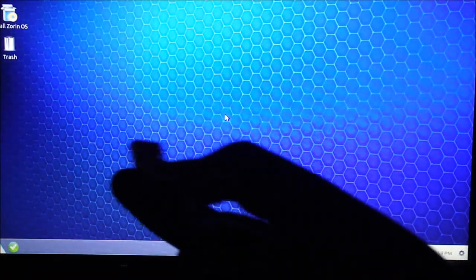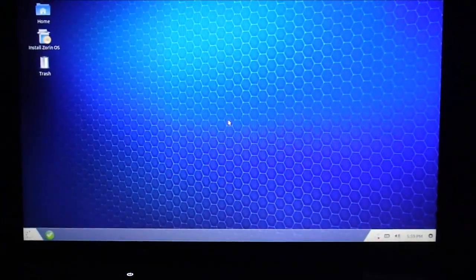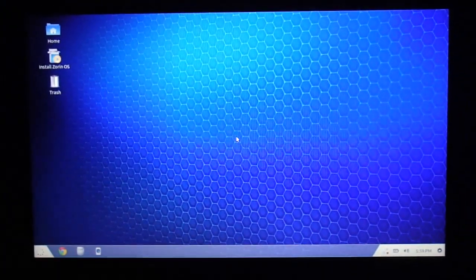Turns out Zorin wasn't loading up because of my USB dongle right here, which was for my mouse. So if you have one of these, I would recommend taking it out. However, it's just booted up right now as I'm speaking, and it does seem like it's worth the wait. This is a real nice looking operating system. Comes with some familiar apps to Windows users. It's actually targeted